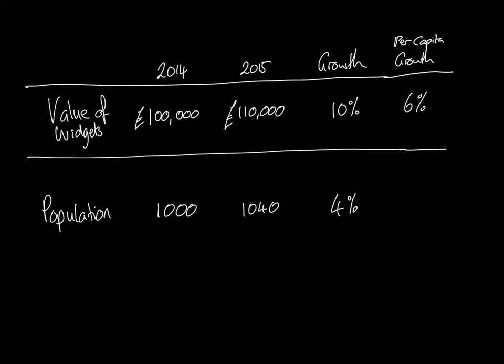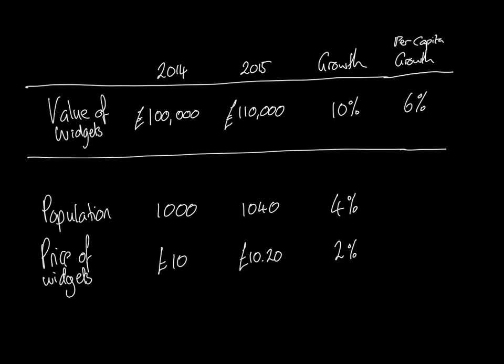Let's think about something else that may have happened. Let's say, again, during the period of 2014 to 2015, there was an increase in the price of widgets. Now, as we said, widgets are the only thing that we make and produce within this country. So that means that we essentially have inflation. We have an increase in general prices within the economy. So if in 2014 they were £10 and in 2015 they were £10.20, that represents a 2% increase in the